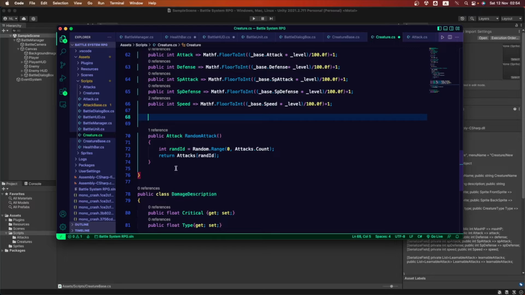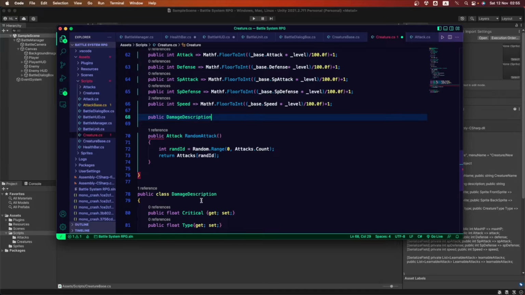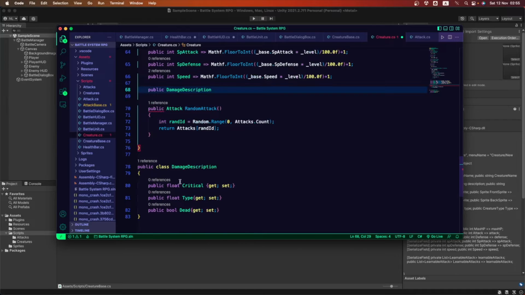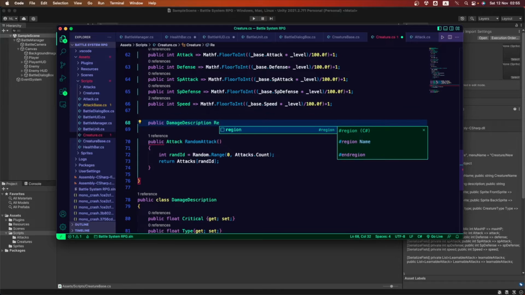So let's go here. This is going to be public, of the class damage description. This is where we're going to use it, because here it's just bare bones. So this is going to be of class damage description, and it's going to be called receive damage.